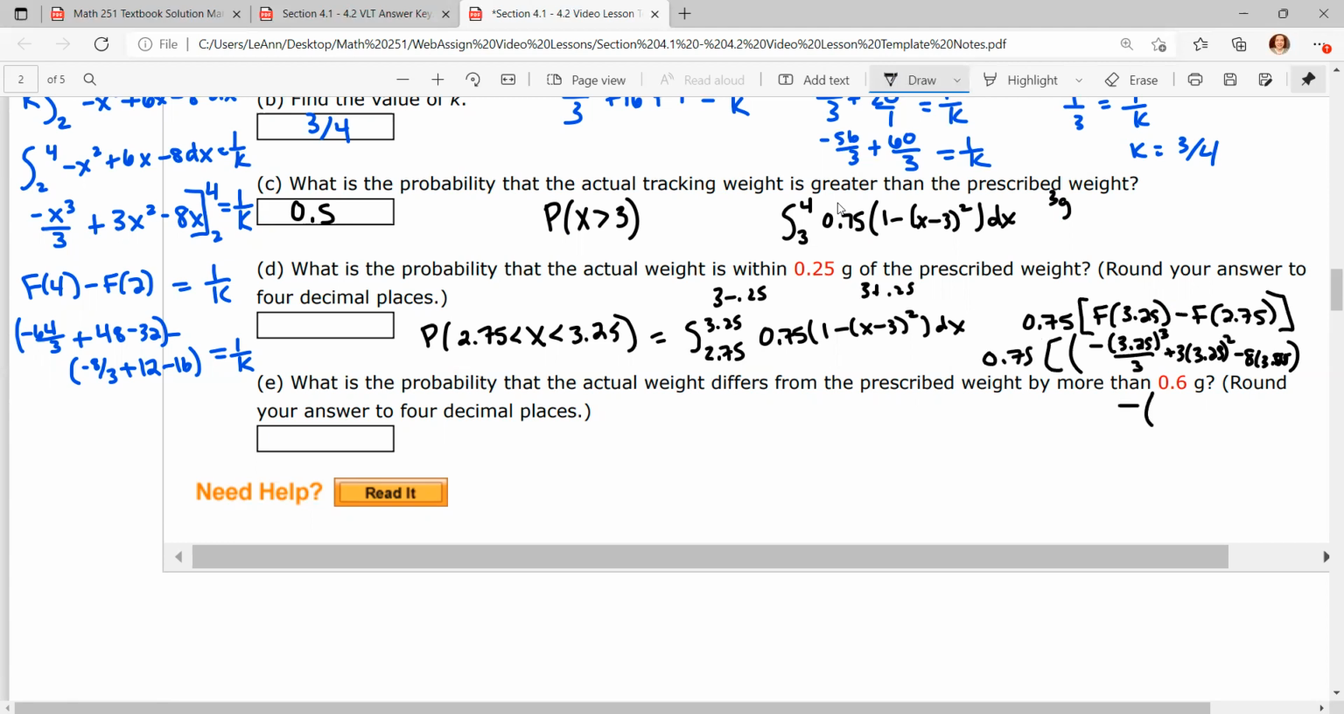Minus, and then I'm going to have a second parentheses, and we're going to have negative 2.75 to the third divided by 3. Plus 3 times 2.75 squared minus 8 times 2.75. Now, a lot of this is just going to be calculating this on your calculator. So working out all of the inside parts, before I multiplied by 0.75, I ended up getting,